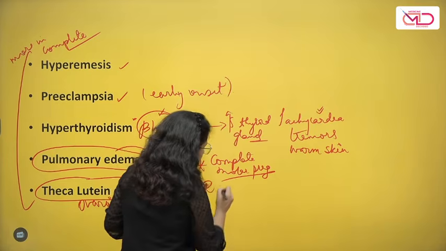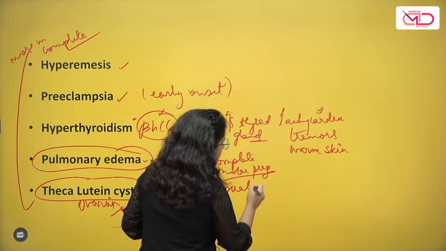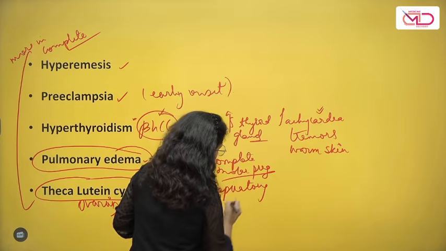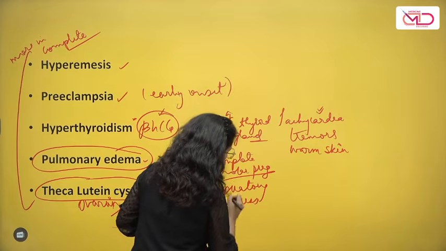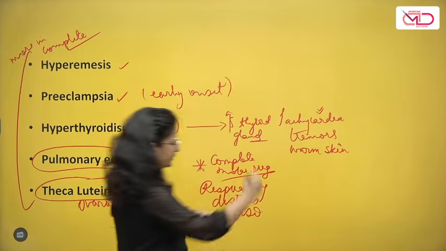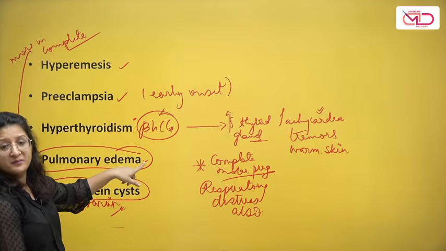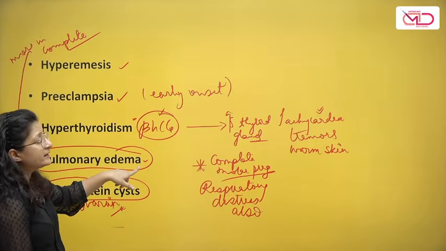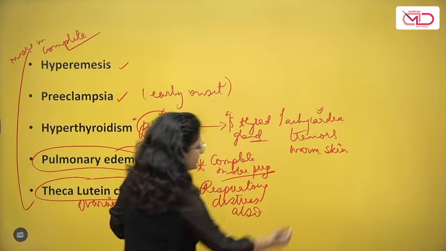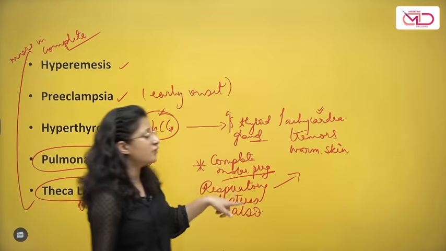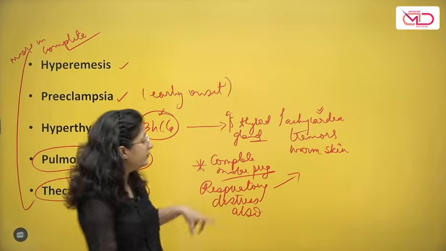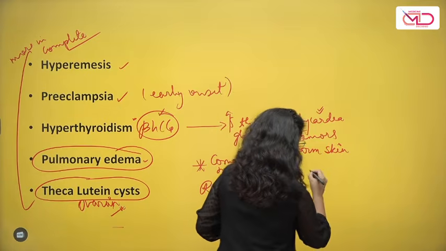If a patient of complete molar pregnancy has respiratory distress also, what are you going to think? You're going to think possibly pulmonary edema, but pulmonary edema, as I told you, is rare. So respiratory distress in the case of complete molar pregnancy could be because of, think the commoner things first,